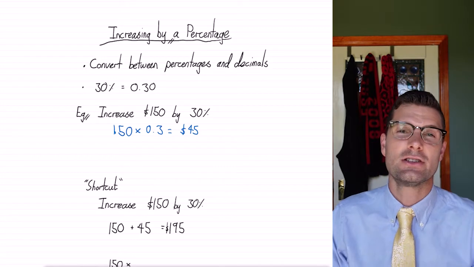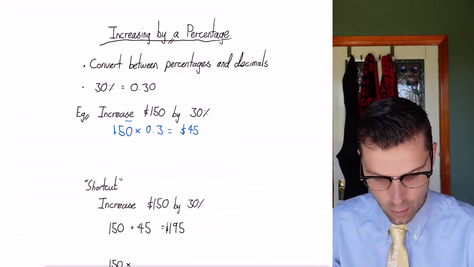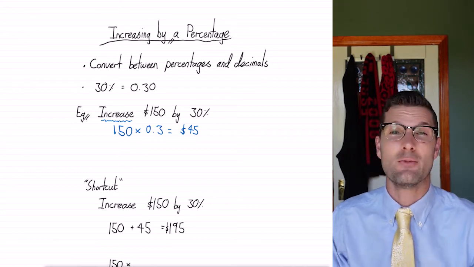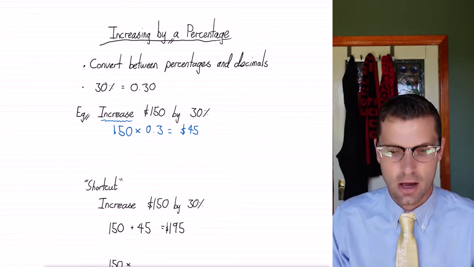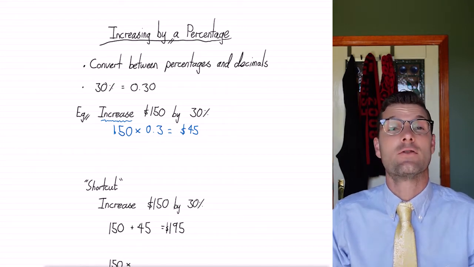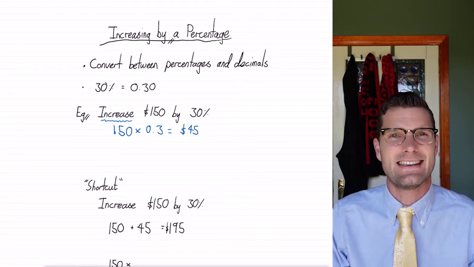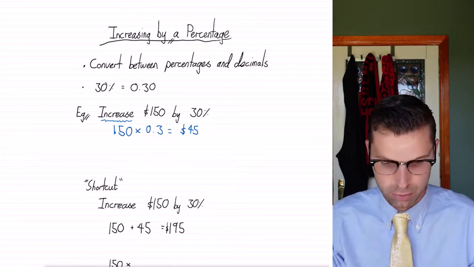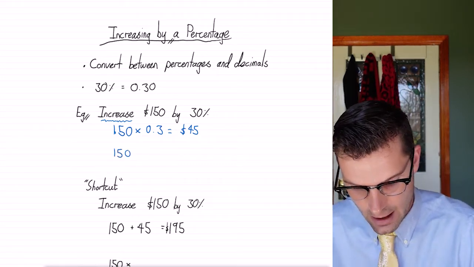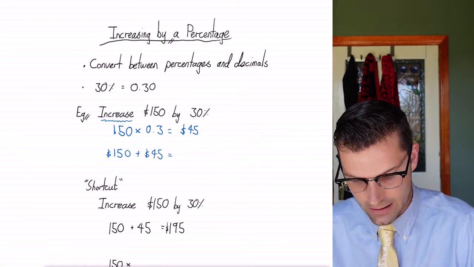But with these questions, it's really important to know that the language in the question says that we have increased our money. We've got more money than we started with. 45 is obviously less than 150. So we're saying that we've got 45 more dollars. So the total amount of money we have is the original plus the profit. So $150 plus our $45, and we are left with